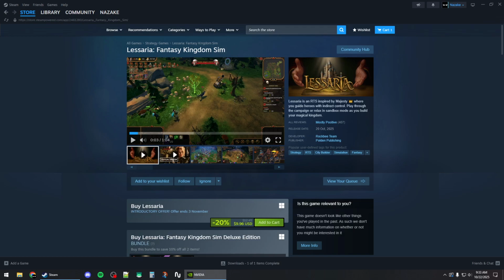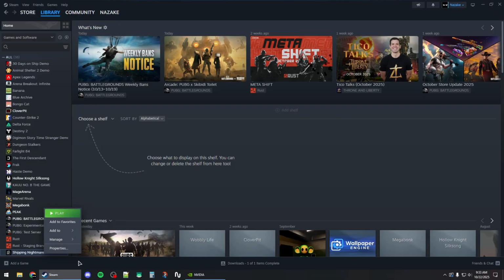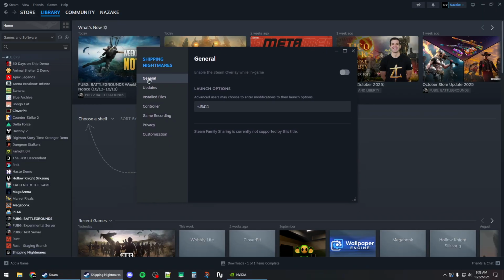How to fix Lessaria crashing on Steam. So first go to the library and right click on your game, open up the properties window, and then under general tab in launch options box, try to type -dx11, or you can also try -d3d11 if the first command did not work properly,